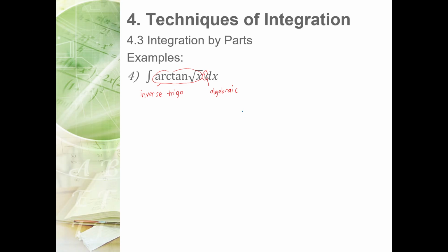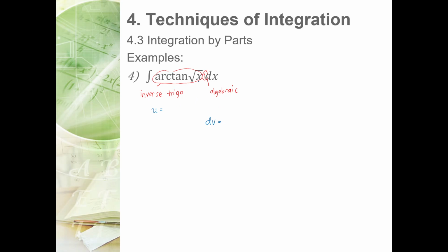We do have integrals for inverse trigo functions, but we need to follow the format du over a squared plus u squared. So it cannot be integrated using a given inverse function formula directly. So if this is the given integrand, we have to use integration by parts. You set it as u, and then this one is dv. Again, we cannot put arctangent in dv because